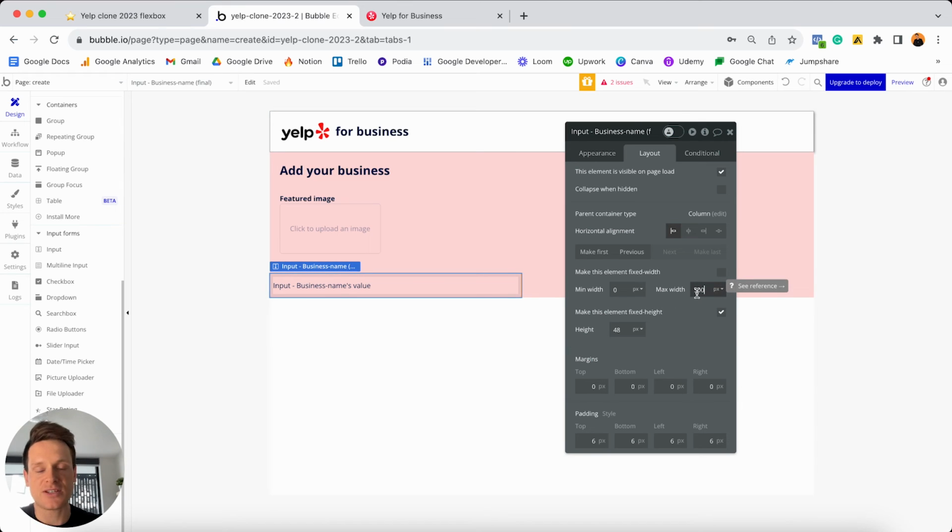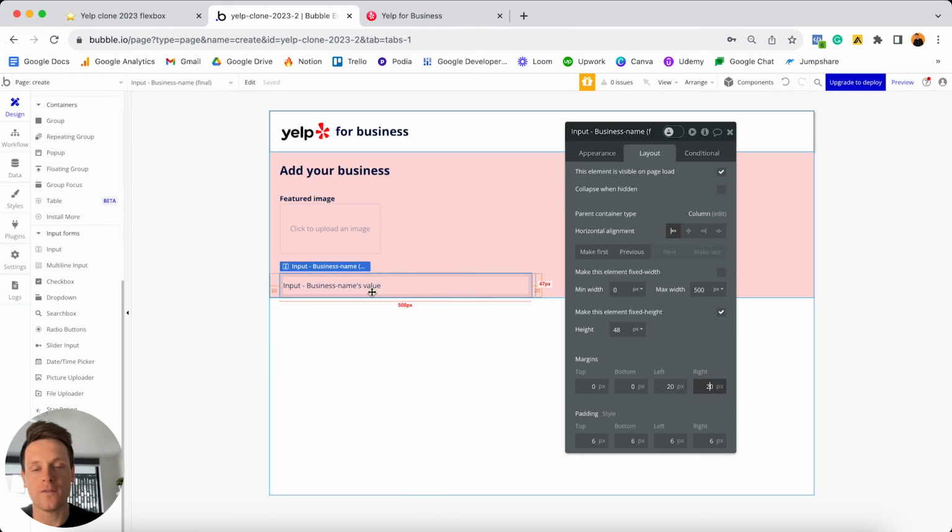Now, once again, there's no specific reason why I've selected 500. I just think that that's more than enough space to work within. You can set this value to be whatever you want. It doesn't really matter. For the height, I'm just going to leave this fixed at 48 pixels. And then I'm also just going to add 20 pixels of margin on the left and the right hand sides of this input. And below this input field, we're going to add yet another, which is going to store the